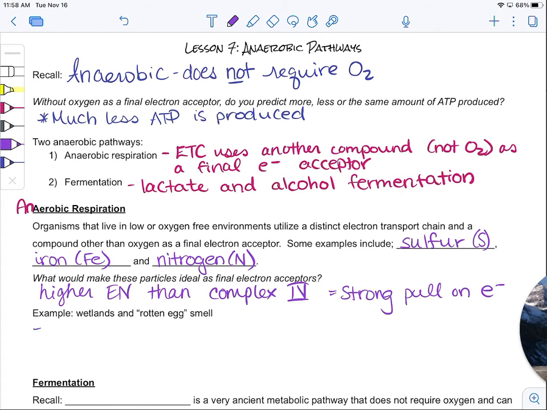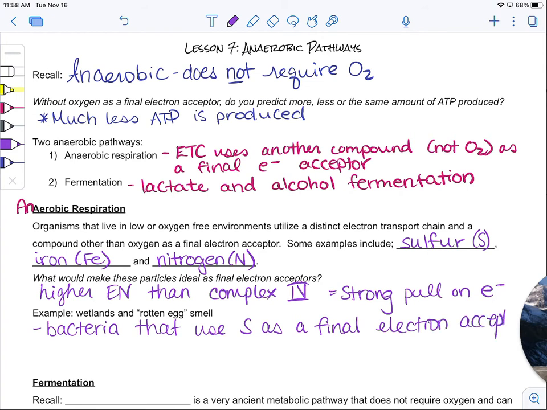So here we would have bacteria that use sulfur as a final electron acceptor, and release